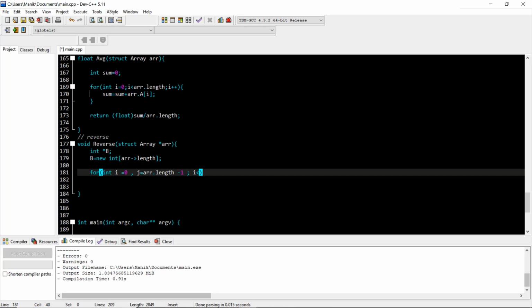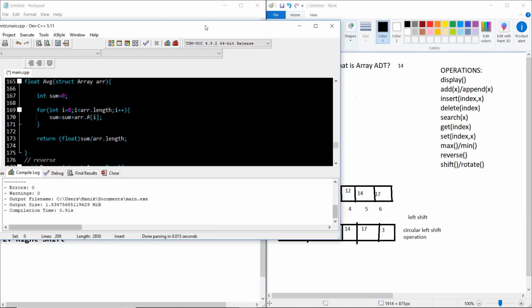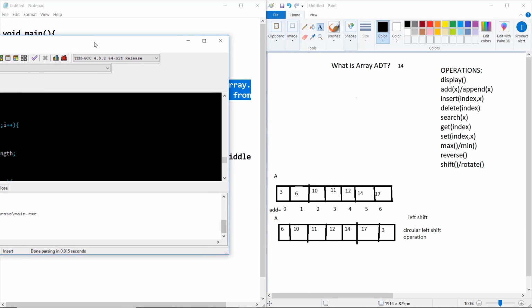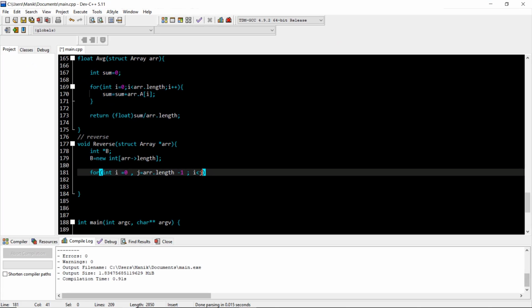Whenever i is smaller than j. We have seen this thing, not i is smaller than j, i is smaller than arr dot length. Okay, i plus plus and j minus minus. So these are the two conditions that we need to satisfy.